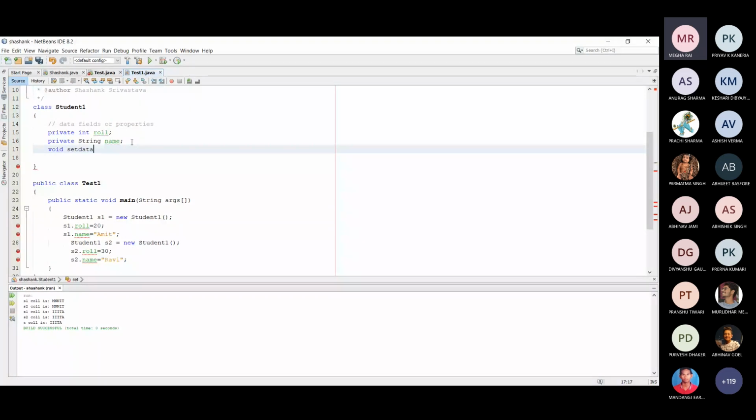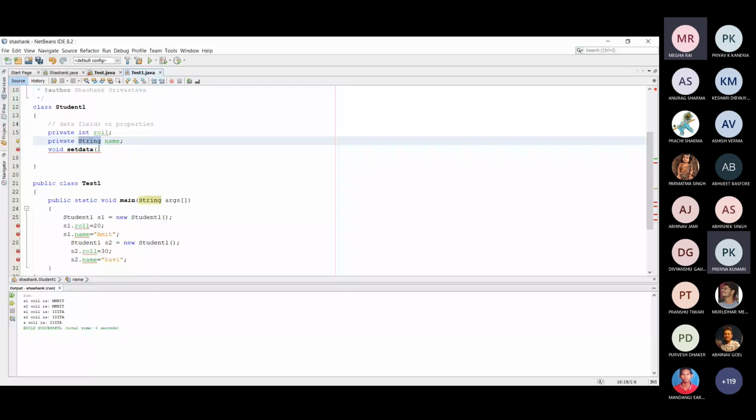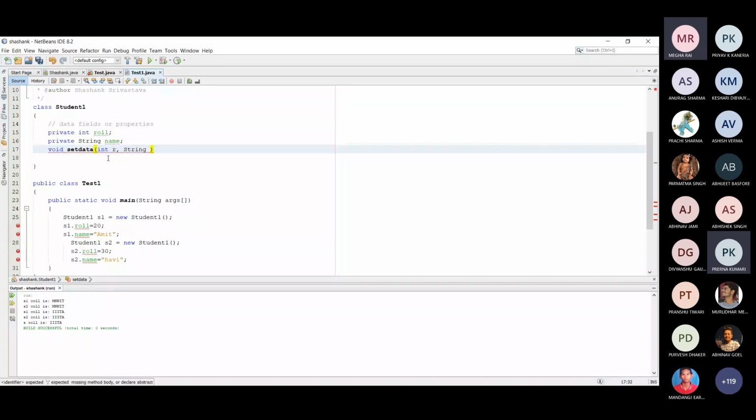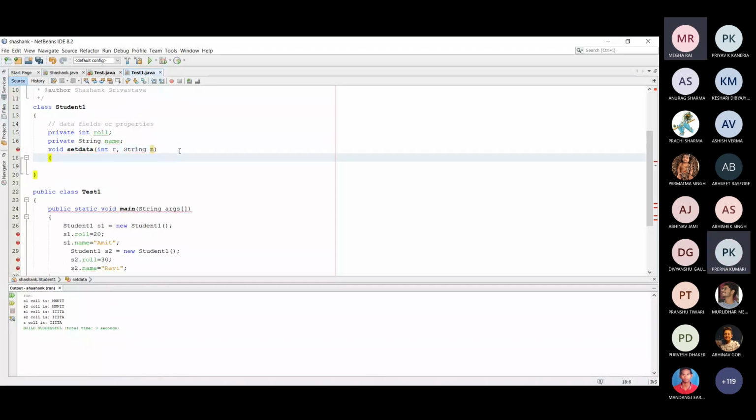How many data items do we need to initialize? There are two variables: the first is integer type, the second is string type. So two parameters are required: integer r, comma, string name, suppose n. So this is the method.